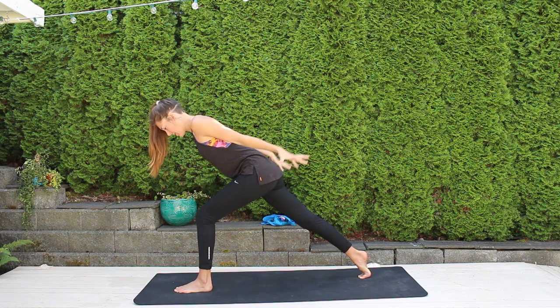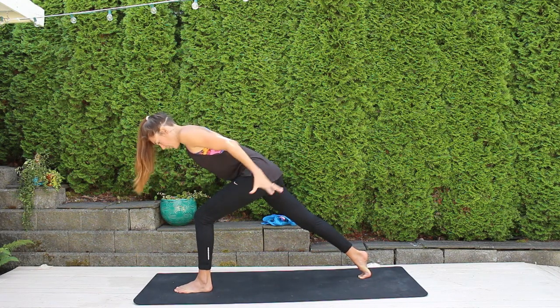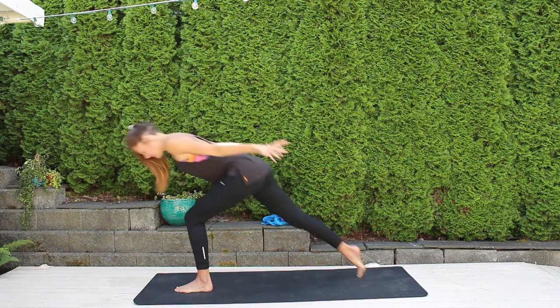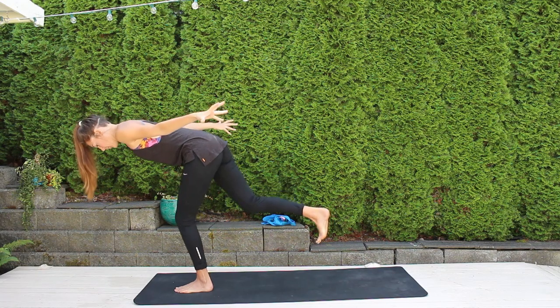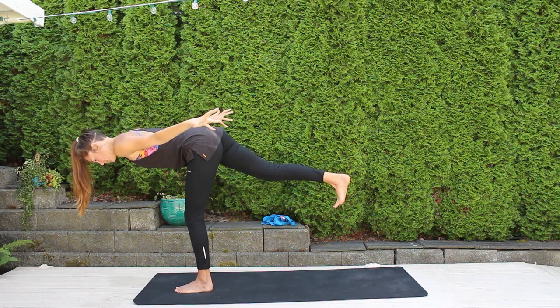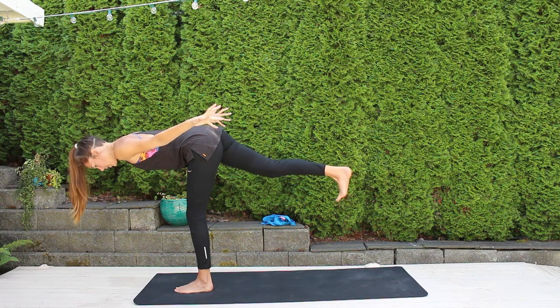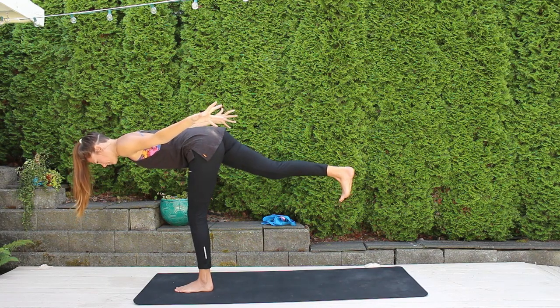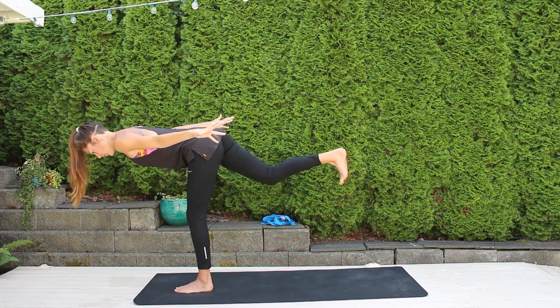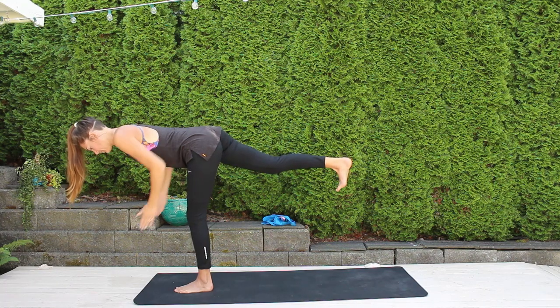And now reach your hands back behind you. Broad chest, begin to lean the weight forward as you press into your right foot and press off, lift off into your Vimanasana airplane pose here. So you've got the weight on your left foot now. You've got a nice long spine, and you're reaching your right heel away with the hip points pointed down towards